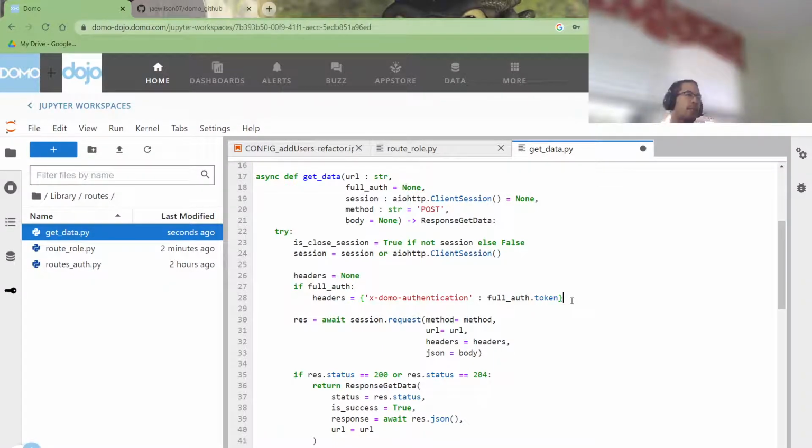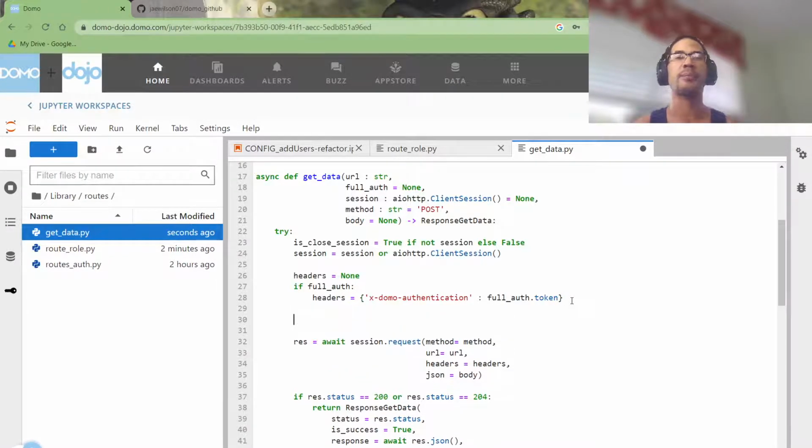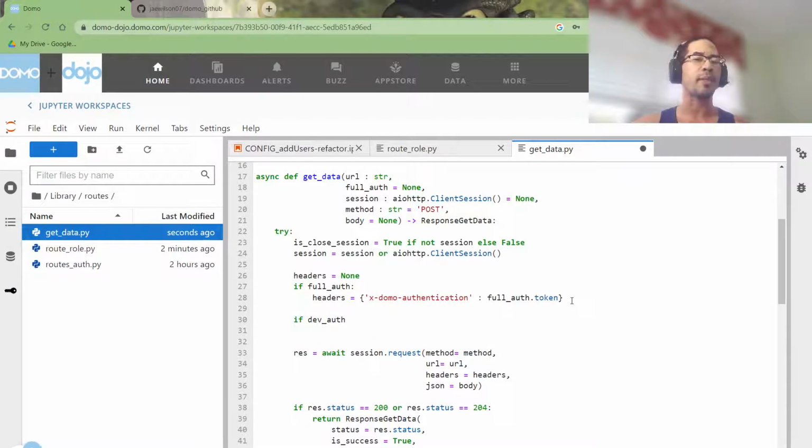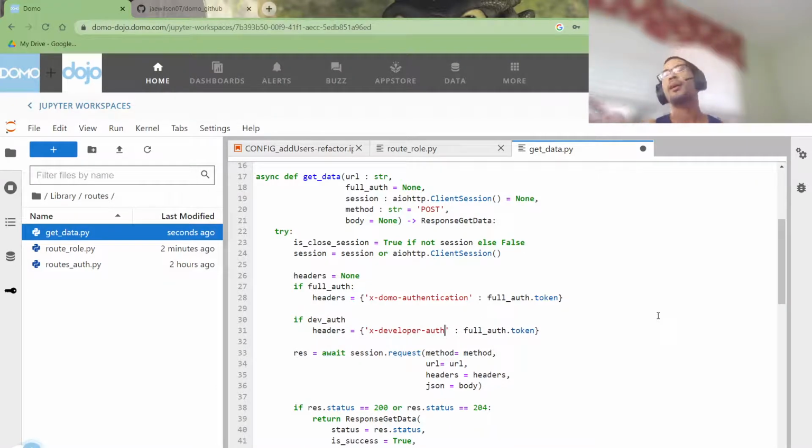The reason why I don't like it is because that means if I ever try to build an alternative authentication method, like, what if we were working with developer authentication? Remember, developer authentication, I can't remember the exact way the token is structured, but it might be called X developer auth. I don't know. It has a different authentication method, so it'll pass a different header